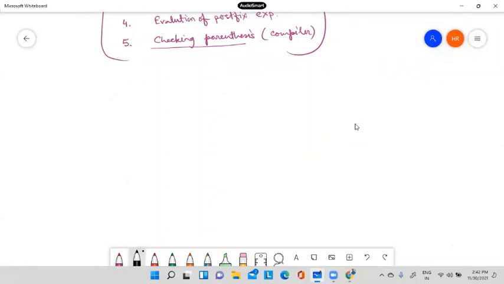This is very interesting. You see, suppose I am writing a simple thing, 2 plus 3 into 5. Okay. Now, how will this be executed? That is very easy to understand if we know the BODMAS rule. If we know the BODMAS rule, then it is very easy to understand that first we have to perform the multiplication, then we have to add. So the final result will be like this.